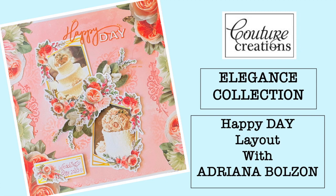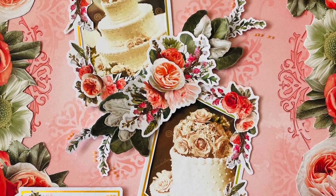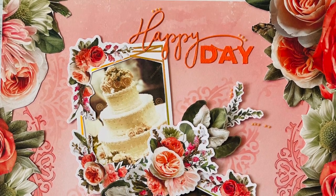Today I have created a very simple layer. It's called Happy Day and it's using the new Elegance collection from Couture Creations. Using the hot foil pen, doing a couple of techniques and using the papers, the ephemera and also the layered